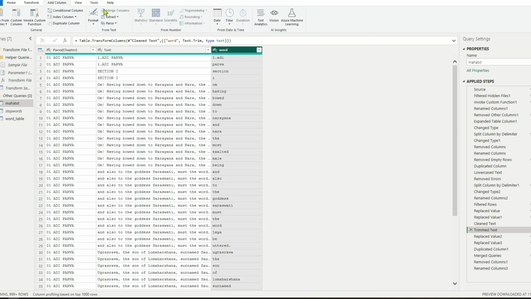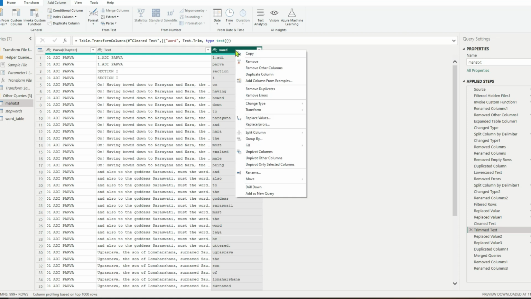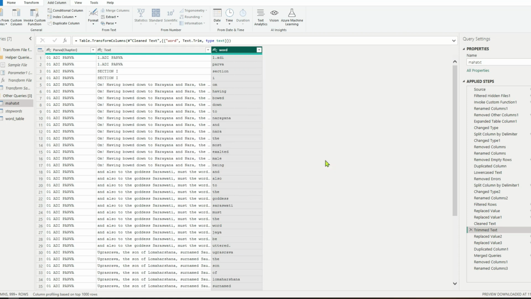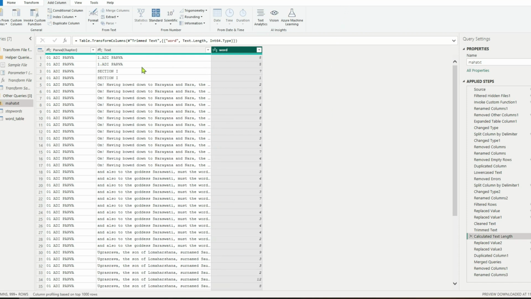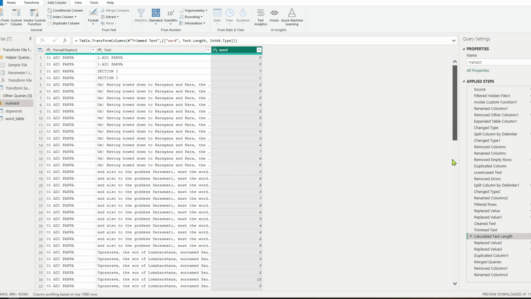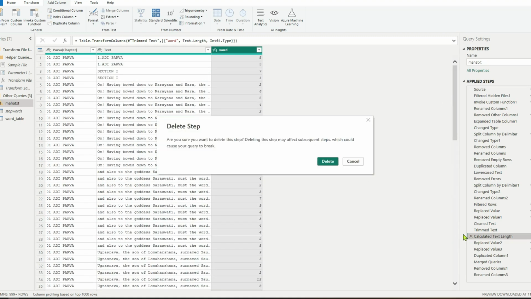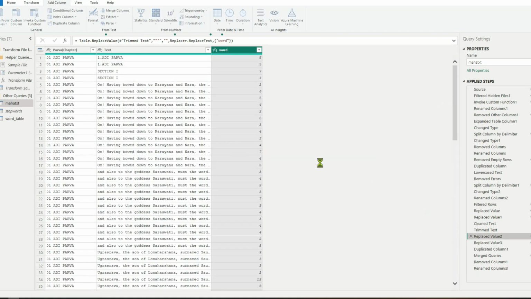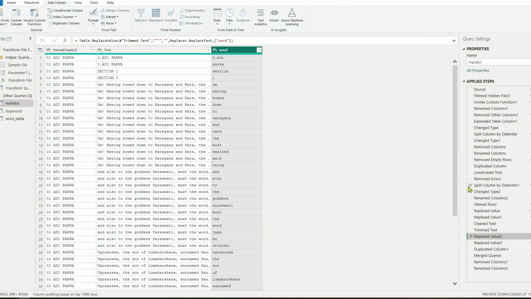You can always create another column from this particular word column and try to get the length. It will calculate the number of characters in that particular column, and as shown on the screen, you can get the length of the word also. So you might want to create that column additionally and use it in your report pages, but for now we'll skip that. And also a couple more steps are required in Power Query Editor,